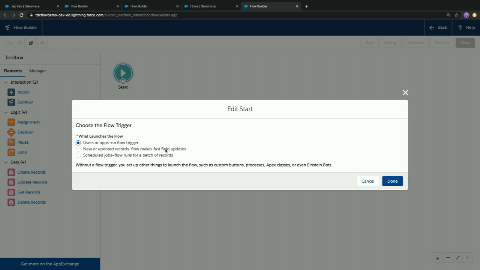We have a new option for newer updated records where the flow makes fast field updates. If you're familiar with Apex at all, we have the concept of a before trigger and an after trigger. The before trigger happens after the records change, but before the data is actually committed to the database.